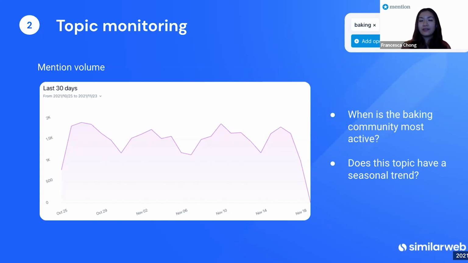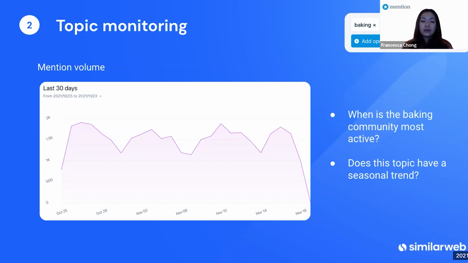What's quite interesting here is that we often expect baking to be a more weekend activity, something that perhaps you do on a Sunday when everything's closed and you've got a little bit of downtime. But what we're seeing here actually is that there are spikes and peaks on a weekly basis of people talking about baking, but in the middle of the week. So towards Tuesdays and Wednesdays, and actually at the weekend, we're seeing these little dips in activity. So it's quite interesting if you do want to reach this audience who are interested in baking, but perhaps the best time to post might be in the middle of the week and not on the weekend.